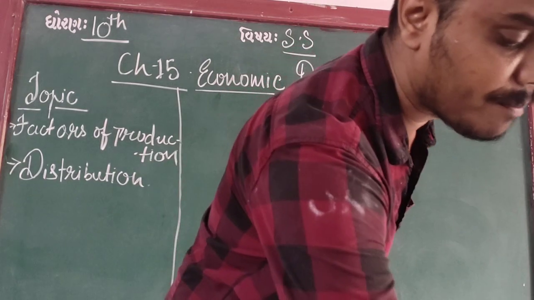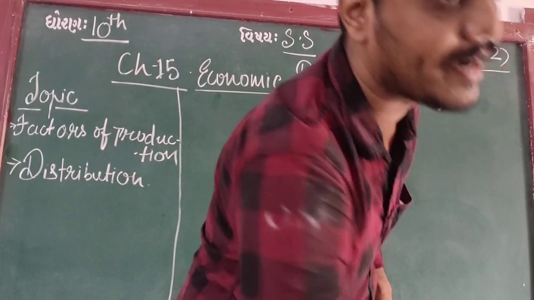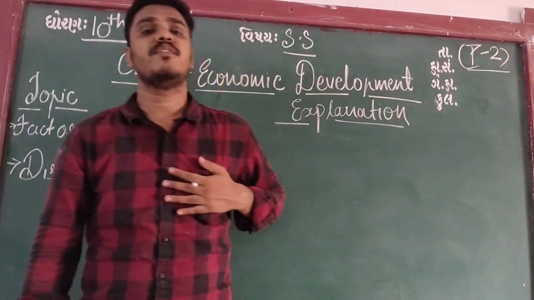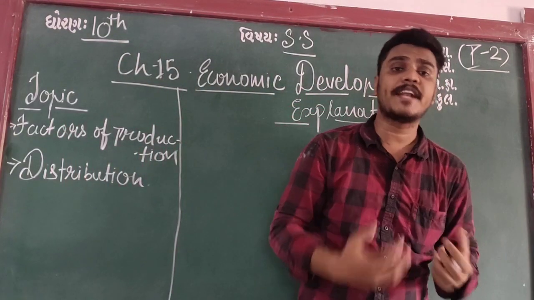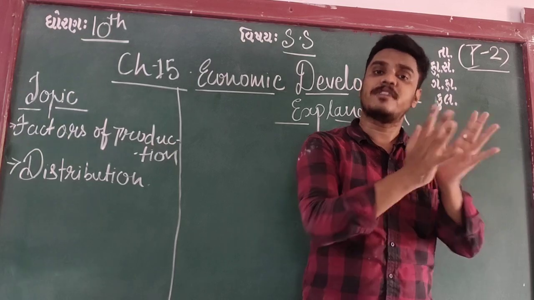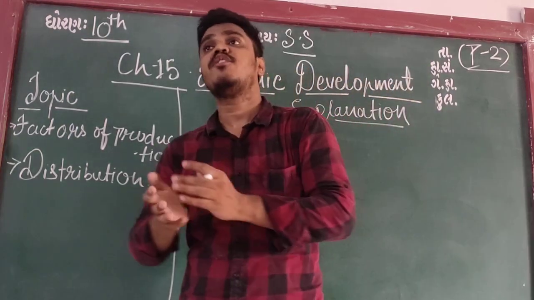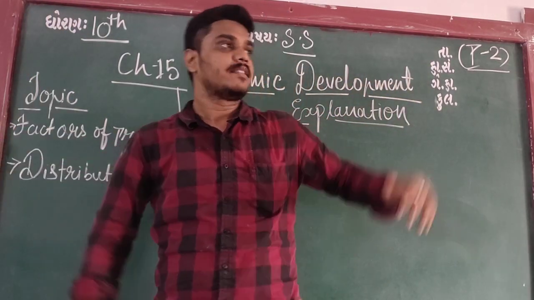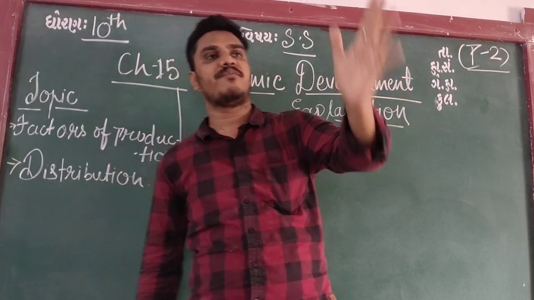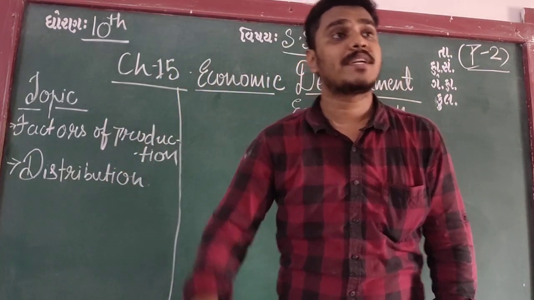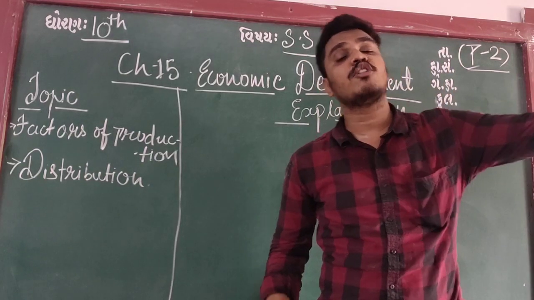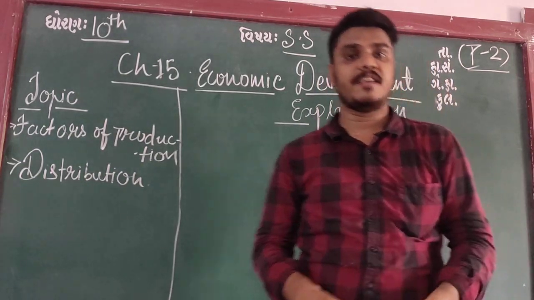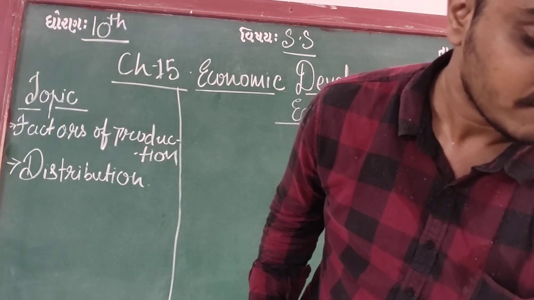Similarly, now we have the order of priority. Order of priority means the things we need more and require more should be first priority, and our wants should be the second priority. The basic requirement should be fulfilled first. But that is also very difficult to sustain because the production is not very good.